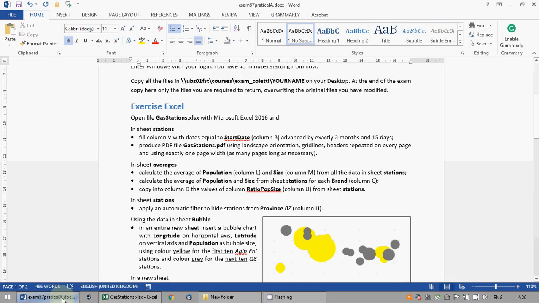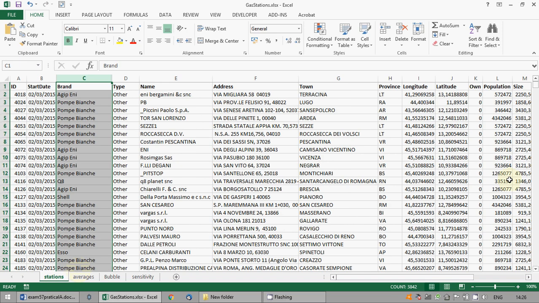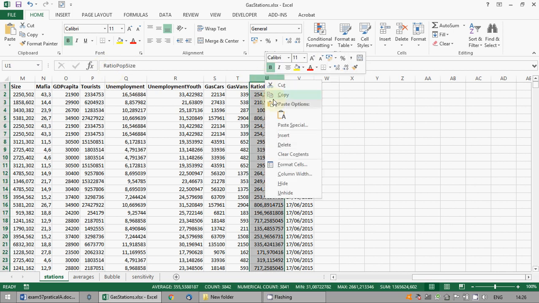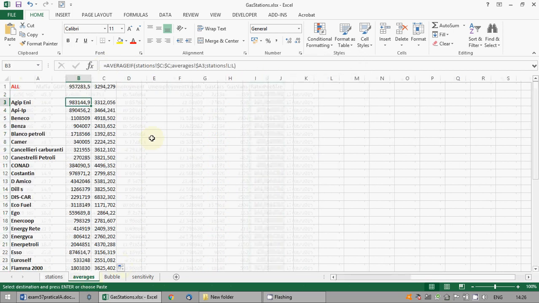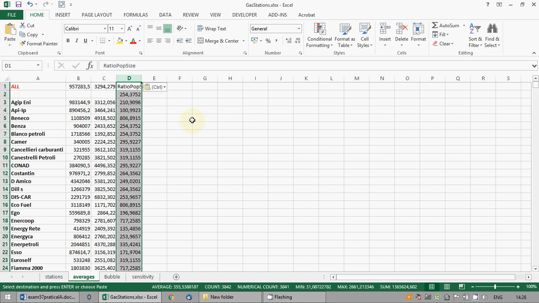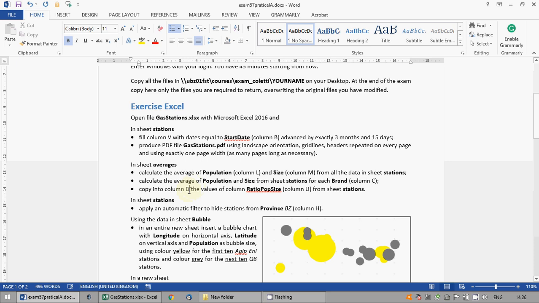Copy into column D the values of column ratio pop size, column U from sheet station. Okay, pay attention because this is tricky. Because ratio pop size usually contains a formula, so if you just copy and paste it doesn't work. You have to copy and paste the values. Okay, that's it. Okay, I will modify on the fly the exam: copy into column E. So you have a column of space. Okay. Using the data,